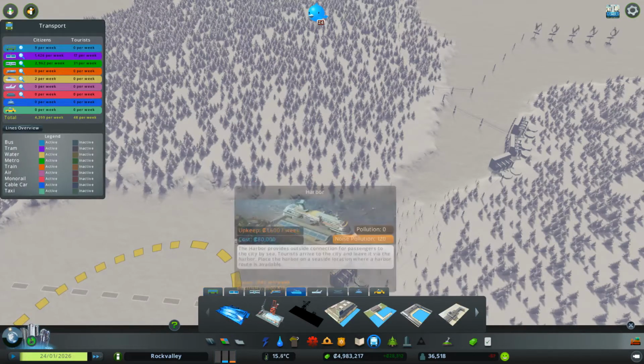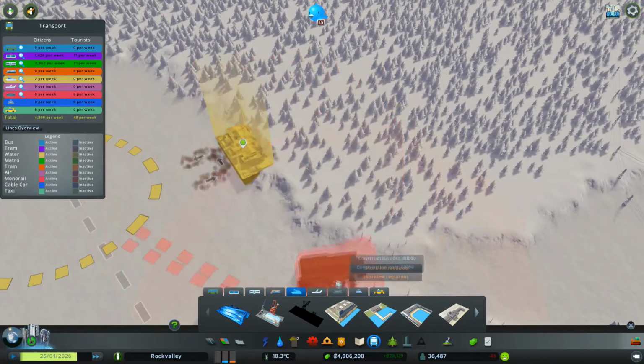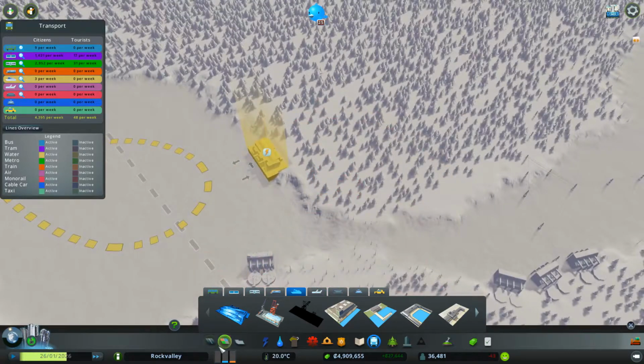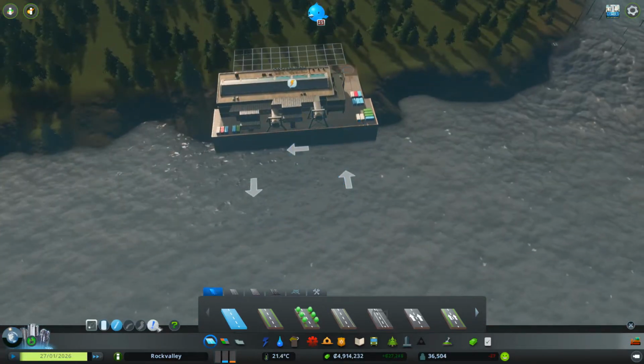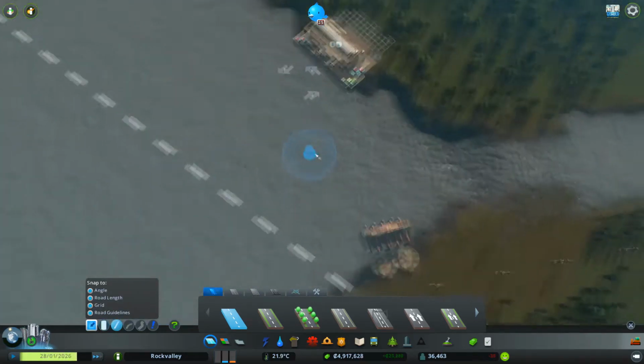We're going to start with a passenger harbour. The reason for that is that this is the one I want to build, so we've got to get to 40,000 to actually get that built. Oh, that's neat. That's new. That wasn't there before. Oh, I like that. It actually shows the direction which the...